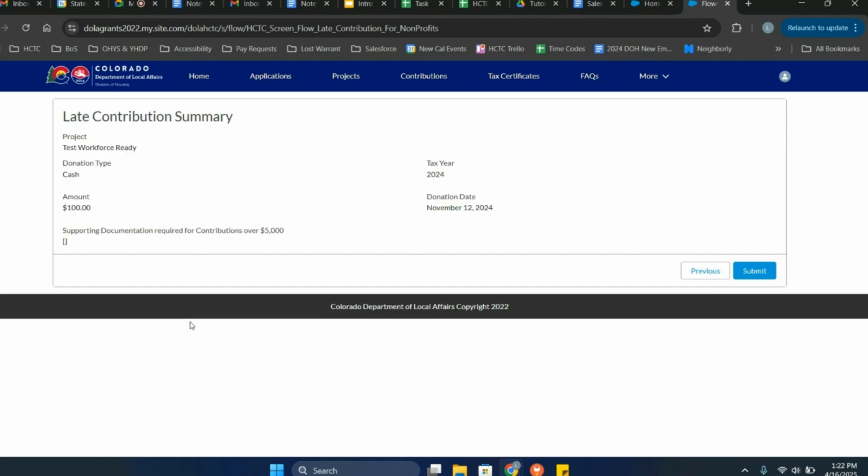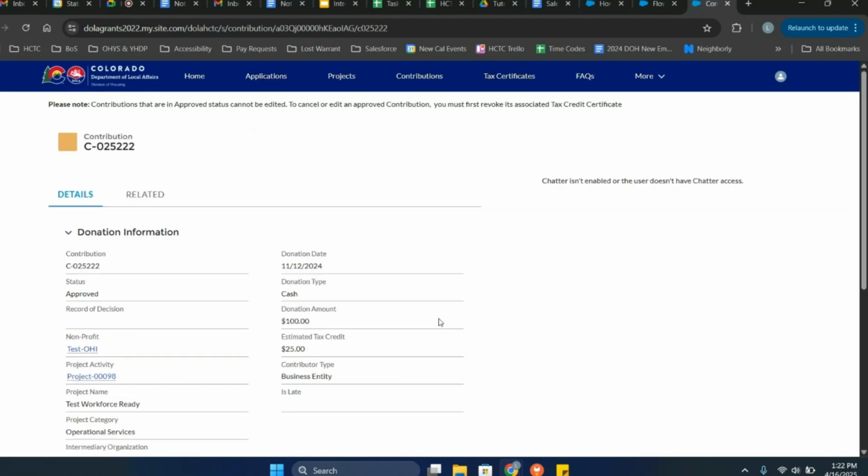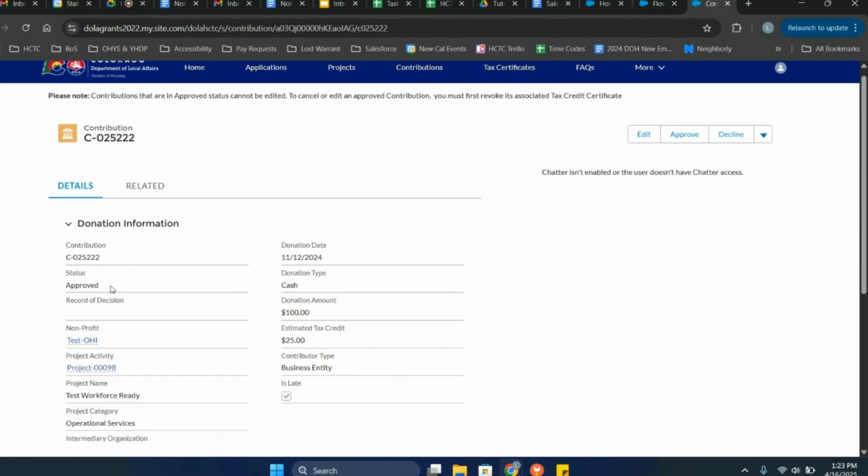This is going to be a summary of the contribution, so you can look at it and make sure that all the information you input is correct. This does look correct, so we're going to click this blue submit button. And then, yeah, we're done. We've created the contribution. We can click here to look at the contribution record. The contribution record is going to show us that the status of this contribution is already approved,